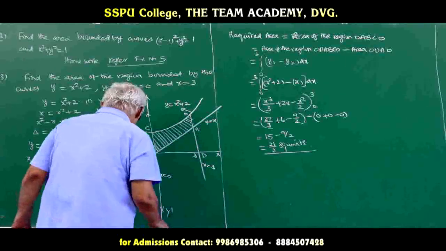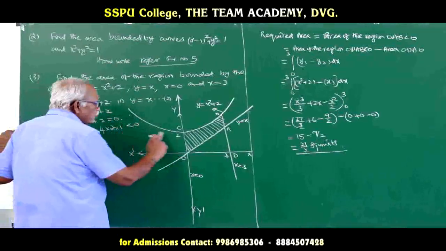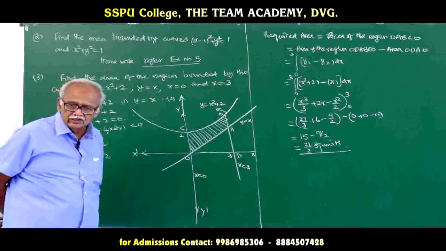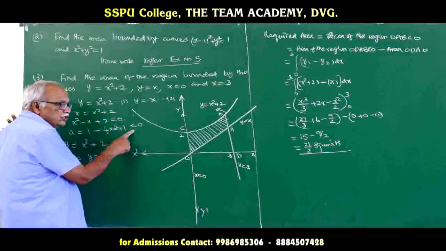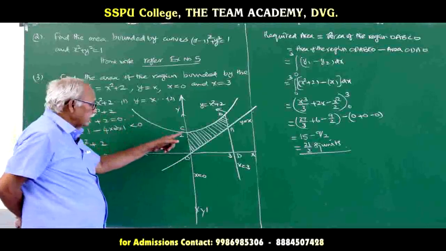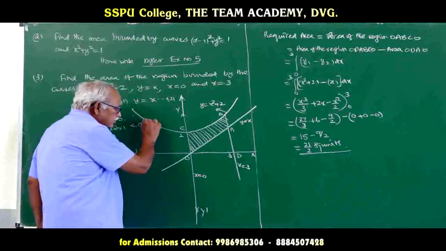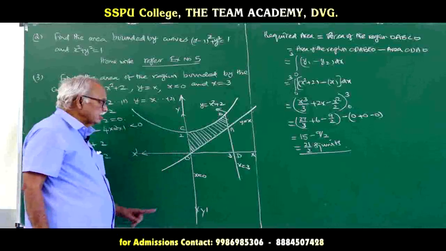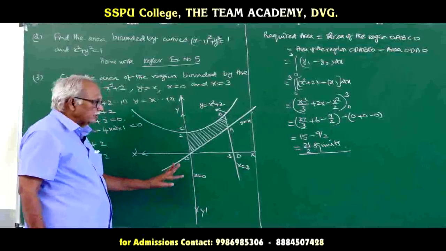The only thing you have to understand in this problem is that both the curves do not intersect each other, because here delta is less than 0. Therefore, we take only the curve points, that is 0, 2 is this point. The shape of the curve is an upward parabola, so it does not touch or intersect the straight line. Okay. Next problem.